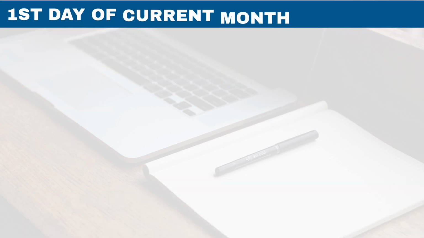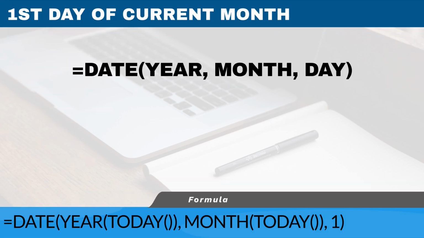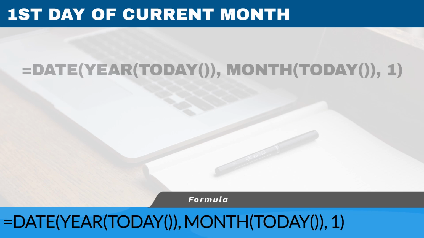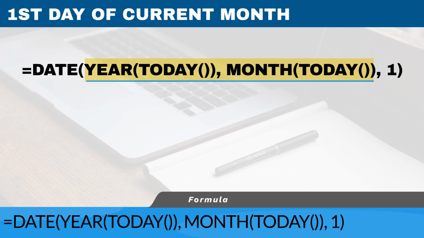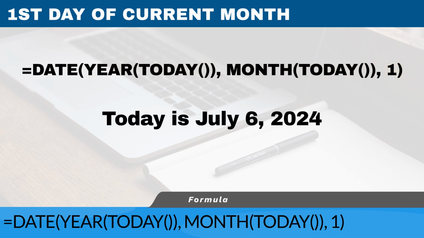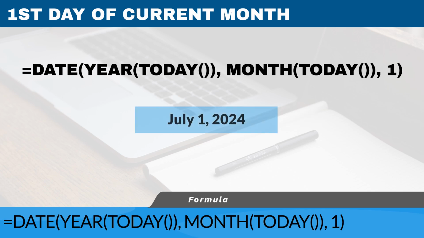In the next example, we will demonstrate how to use a combination of the MONTH, DAY, and YEAR formulas to return the start date of the current month. The formula works as follows. The year and month are determined using the TODAY function to get today's date, while the day value is manually set to 1. If today is July 6, 2024, the formula returns July 1, 2024, as the first day of